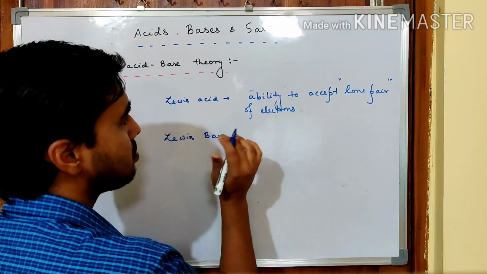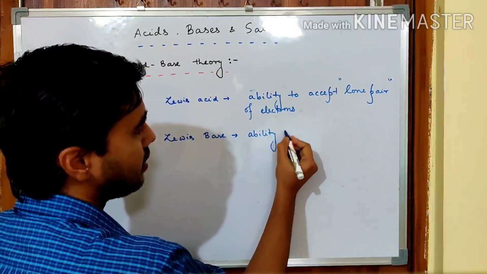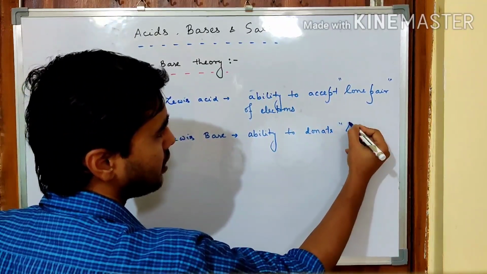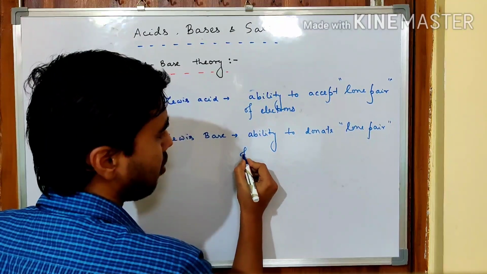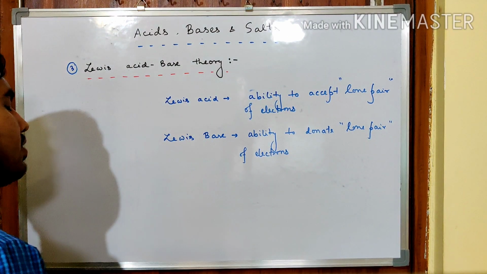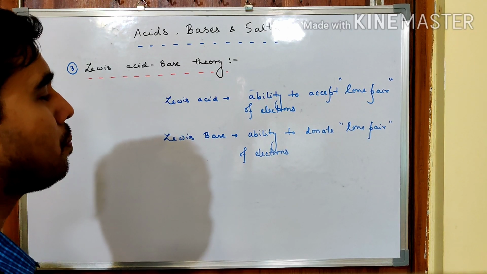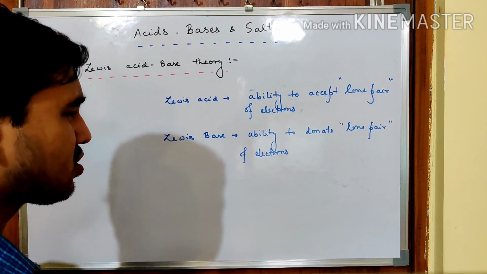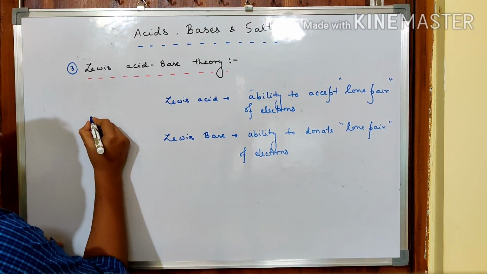And Lewis base means the ability to donate a lone pair of electrons. Interestingly, the ability to accept or donate the lone pair of electrons is the essence of Lewis acidity and basicity. So just to redefine what is a lone pair, we are going to observe this species,